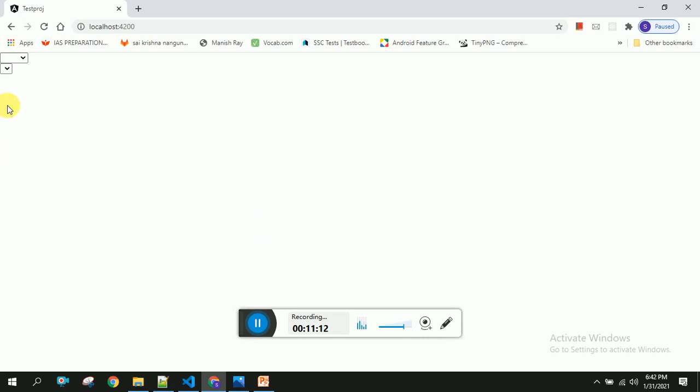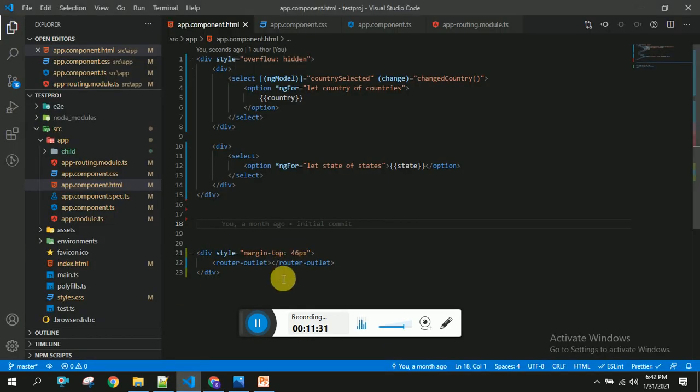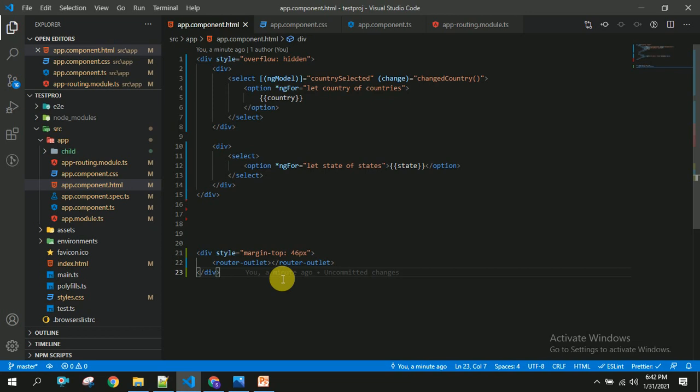So you can see here we have got two drop downs, one is countries and another one is states, and once user clicks on India it will be binded with different states, and if user changes to US it is binded with another states related to that particular country. So in this way we can change one drop down based on the value from another drop down.